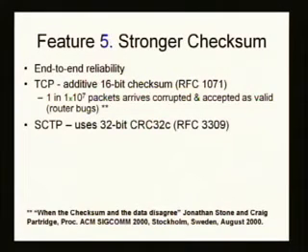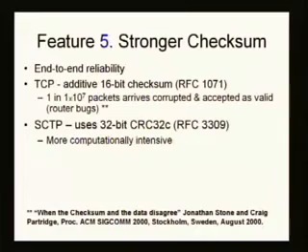So the designers of SCTP were given a lot of input from the telephony community, where its roots are primarily from, but also from the I/O community. And in the end, they decided to use a stronger 32-bit checksum called the CRC32C. So on the upside, it's stronger. But on the downside, it's also more computationally intensive. Typically, in TCP, we don't have to worry about the computational intensity of a checksum because it's usually available for offload on the NIC.